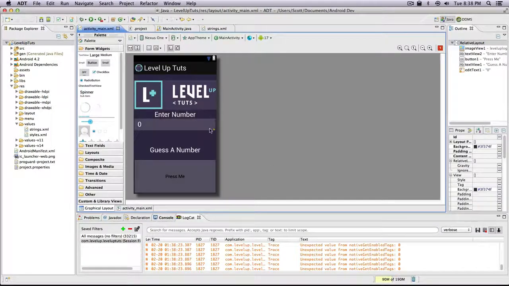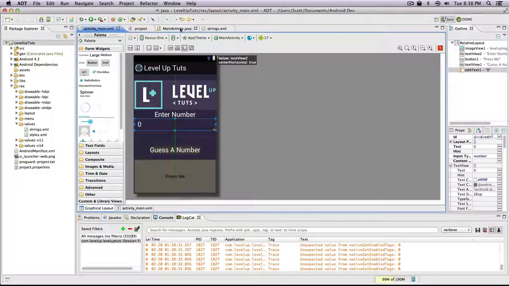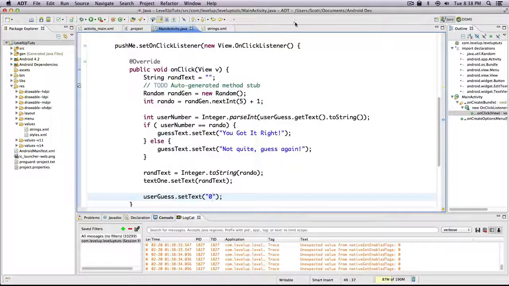So now this is going to be 0 by default. It's going to say you should really have the 0 in a string resource. I mean, sure, for this particular example, it doesn't really matter. But now let's boot this up and